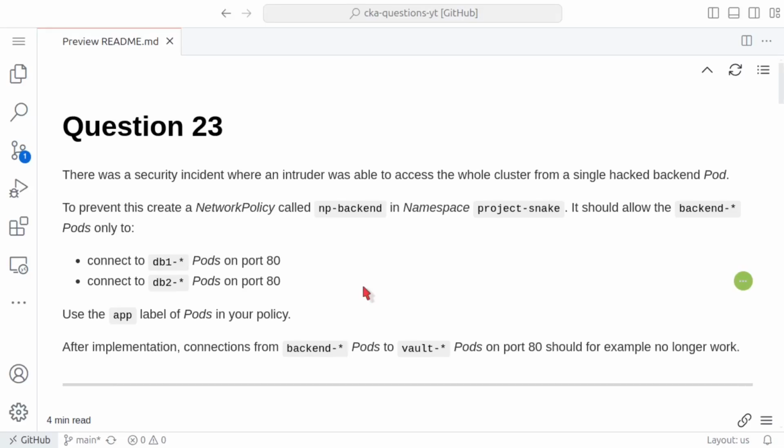Today we will be solving question number 23 of the CKA practice exam. The question says there was a security incident where an intruder was able to access the whole cluster from a single hacked backend pod. To prevent this, create a network policy called np-backend in namespace project-snake. It should allow the backend pods to only connect to db1